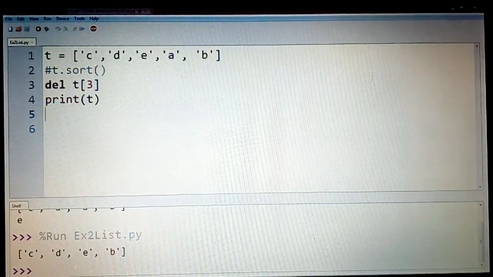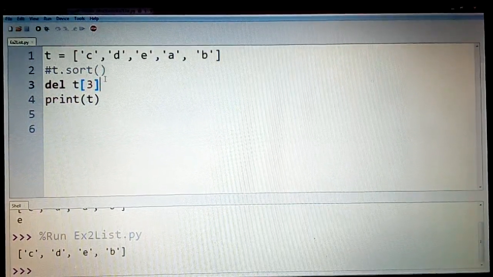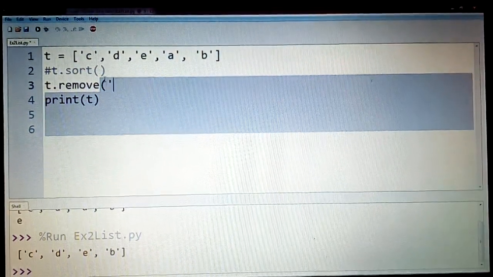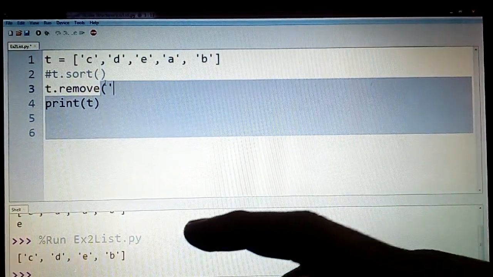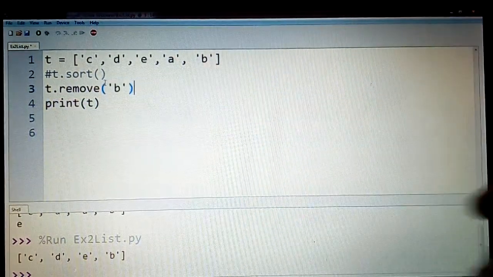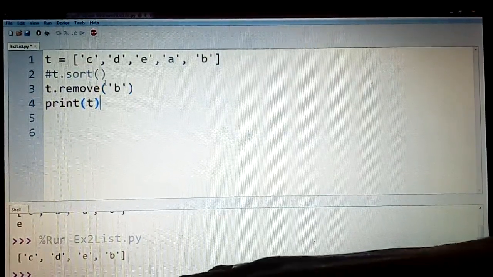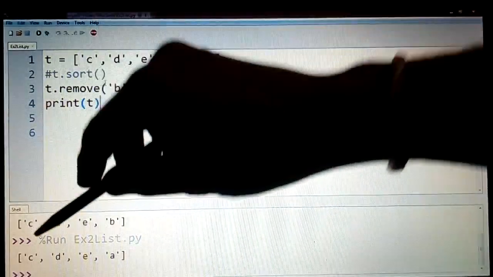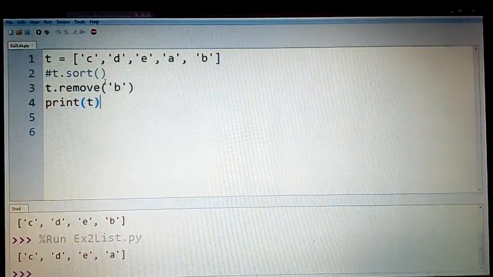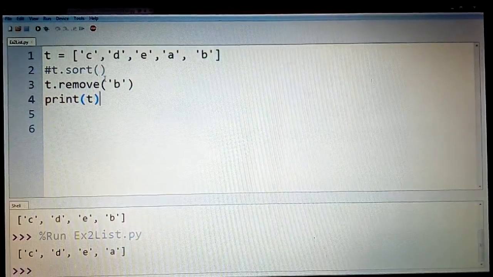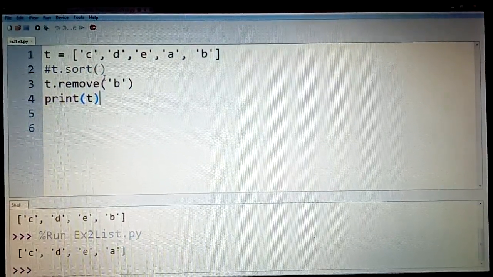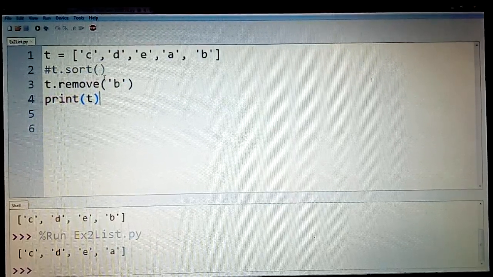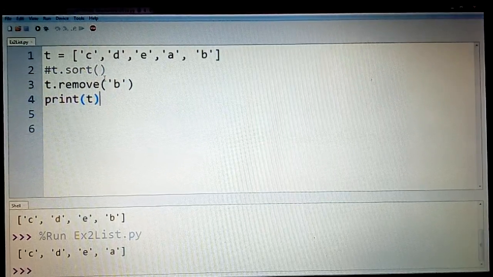So if I use remove, then I can go by its name itself. Let us say t dot remove, and I want to remove the element which is, let us say, b here. So I can specify b here, and then if I print it, then b is removed and the remaining items are displayed. So this is how the remove works. So all these three different mechanisms, the alternatives or the methods which are available as far as these list operation methods are concerned, can be used to delete the item from the list.